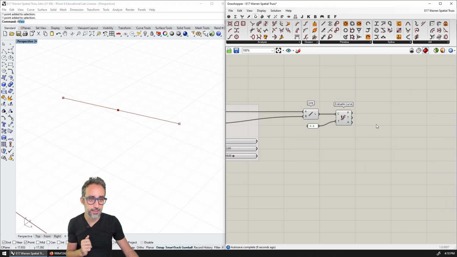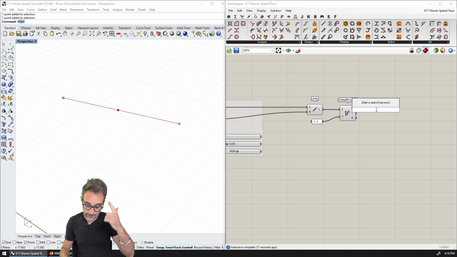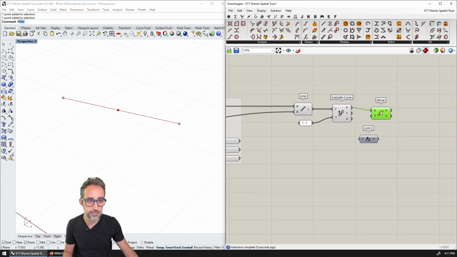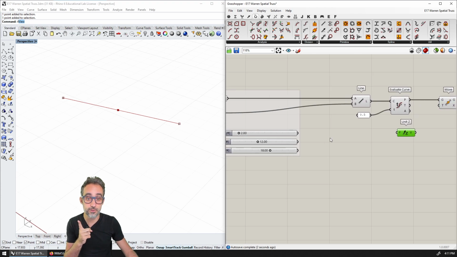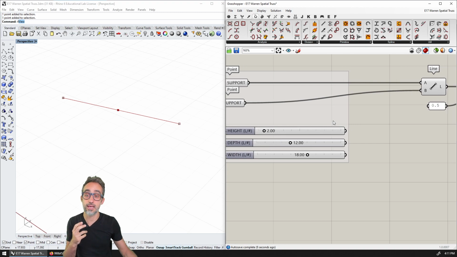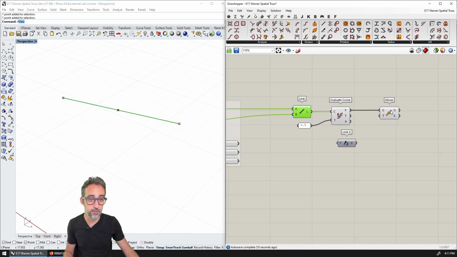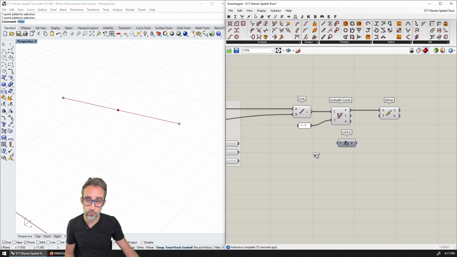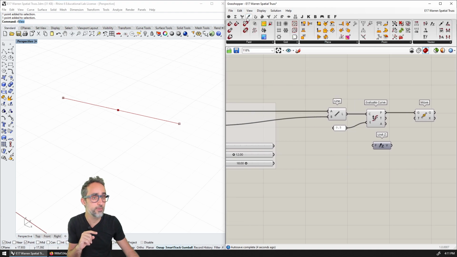And now we have evaluate curve. So this is the point, and then I just need to move that point in the z direction, a controlled amount that is going to be equal to the height. But the height is a factor of the length between the 2 points. So remember that I need to take this and calculate the length between the 2 points. So that's going to be the length of this segment. All right. Or alternatively, I could also do this. We haven't seen this yet.